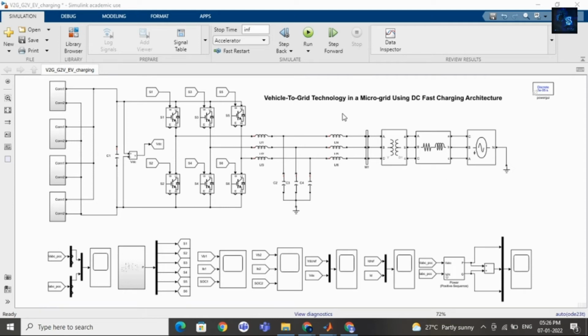In this video, I will give a short intro on vehicle to grid technology in a microgrid using DC fast